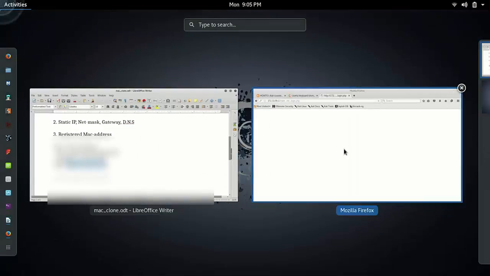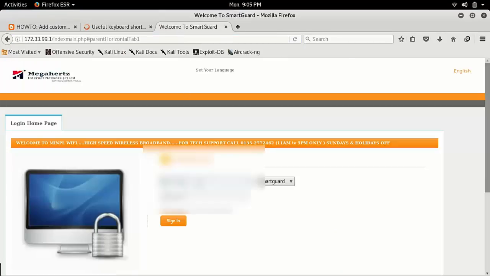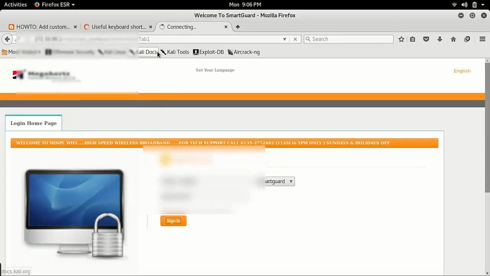Now after that I have to apply, and it's done. Let me check whether it's working or not. I will again try by typing his login credentials, its password. Sign in. Wait, it is going to sign in.